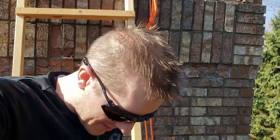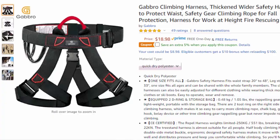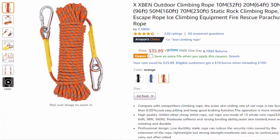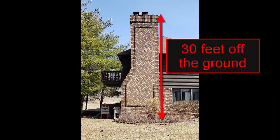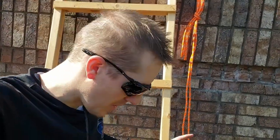The other thing I'd point out is I bought a harness and a rope from Amazon too. The harness was under 20 bucks. The rope was 20 or 30 bucks. And that's because our roof at the gutter is 20 feet up and at the chimney is about 30. And I really don't want to fall off of here where I'm climbing the ladder, climbing another ladder. But if I do, I want this harness, so hopefully it'll stop me from falling off the edge. So,